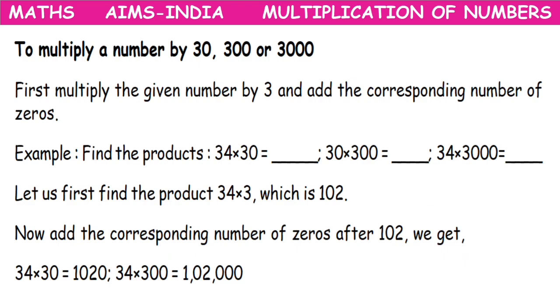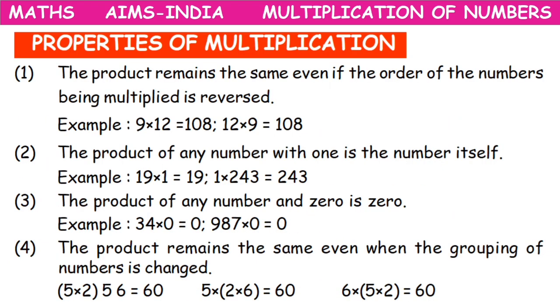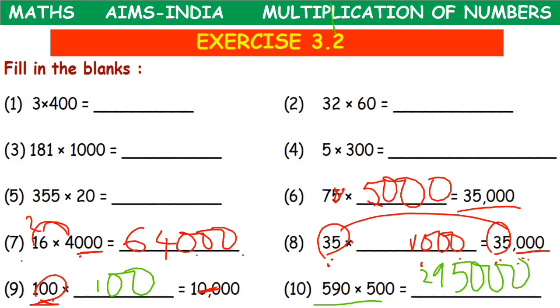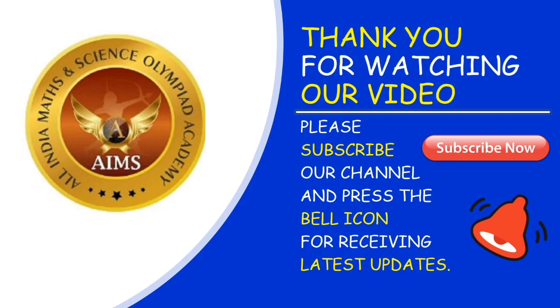What did we learn today? We learnt about multiplying a 2-digit number by a 2-digit number, and also we have learnt about the properties of multiplication, and multiplication by 10, 100, 1000, and also multiplication by 30, 300 or 3000. Yes. So children,